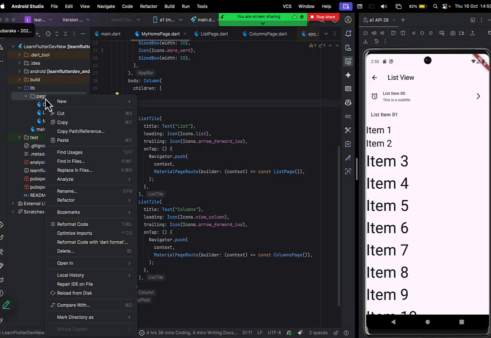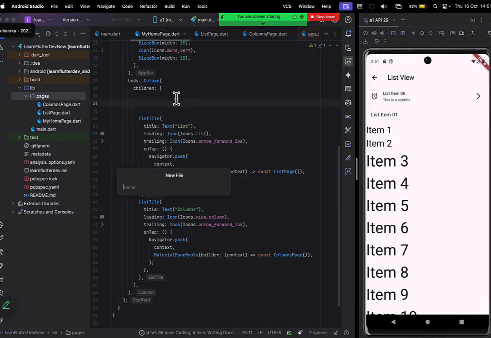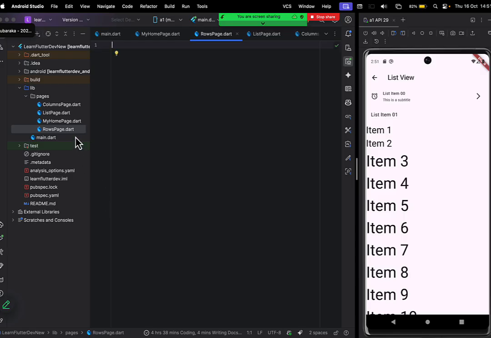Just simply come here to my pages, right click, new, and then say new file, and then I can call this one rows page, and then say dot dart. So that's our second page for rows, and then I go ahead and say stateless widget,